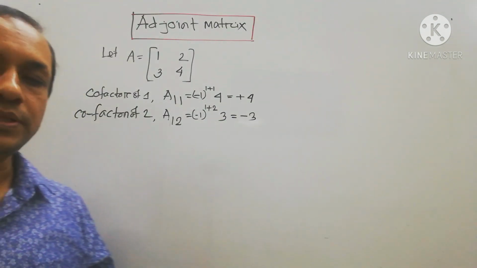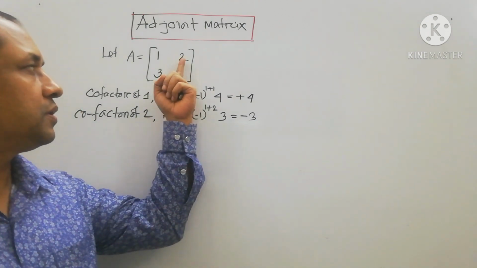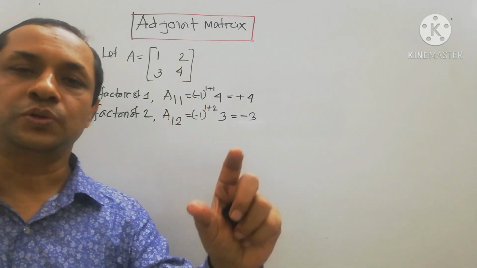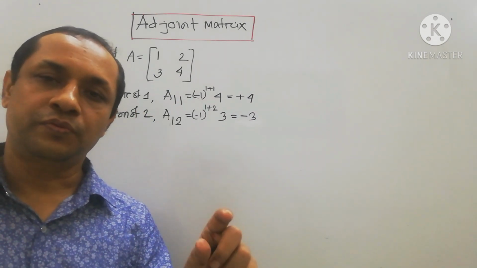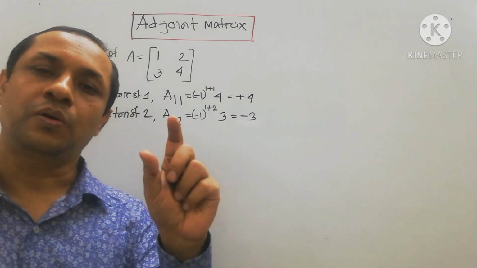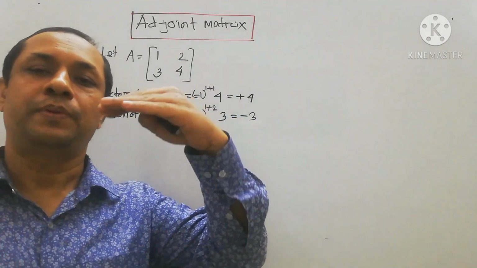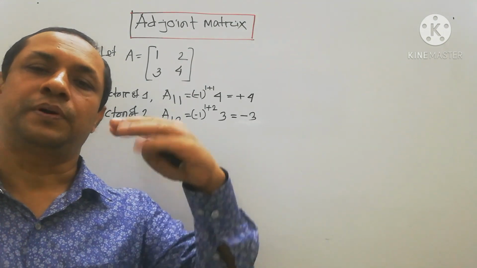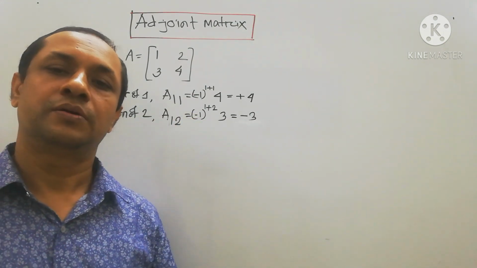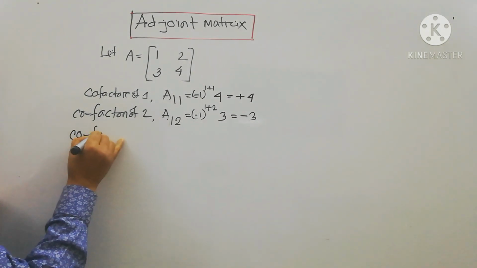Now the cofactor is minus 1 whole to the power 3 into 3, which is minus 3. So attention please student, this is A12, the position of 2 is first row and second column. So the sum of number of row and number of column is odd, so the cofactor is negative. Power odd number, so this is negative, and power even number, so this is positive. Similarly, the cofactor